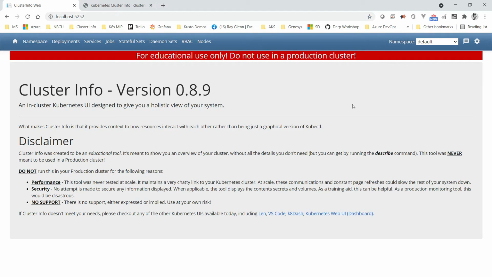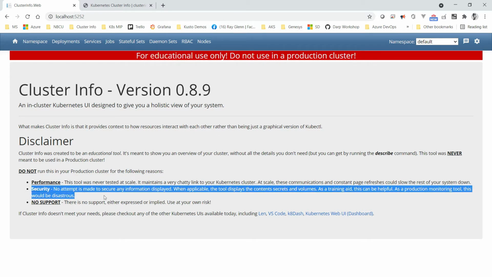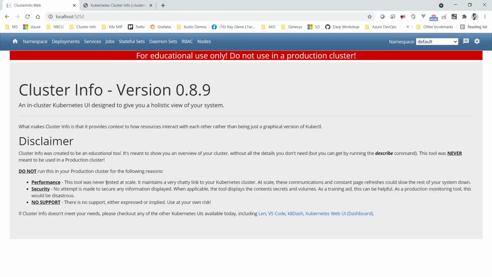So the number one thing to remember about Cluster Info is that it's only for educational purposes. Cluster Info has absolutely no security features and none are planned. So putting this on a production cluster would be a very bad thing. But it's designed to have a very low barrier of entry for students and instructors to be able to see